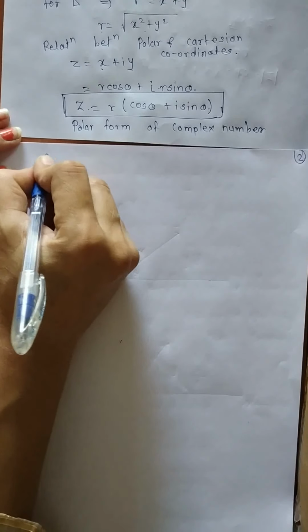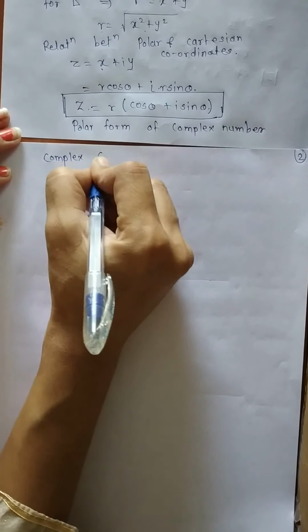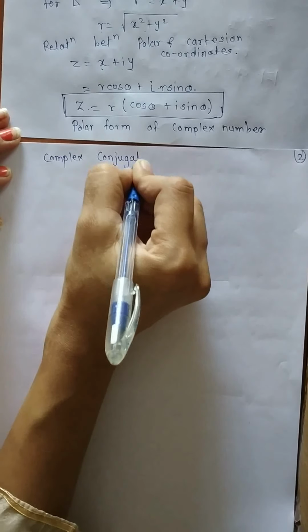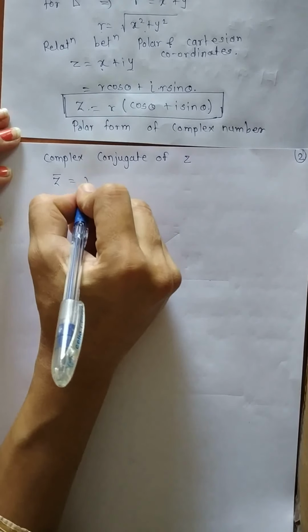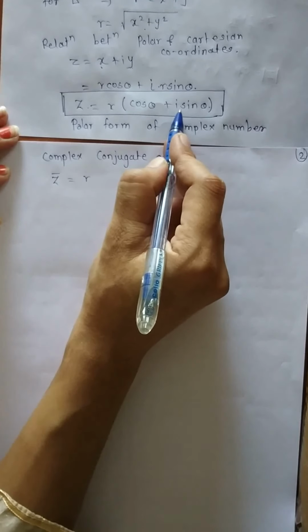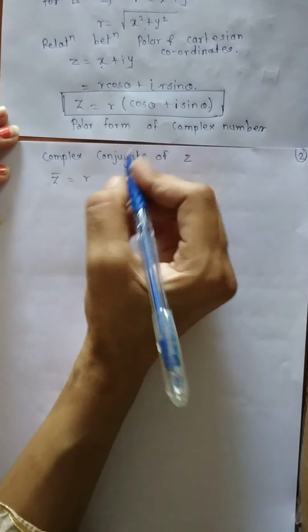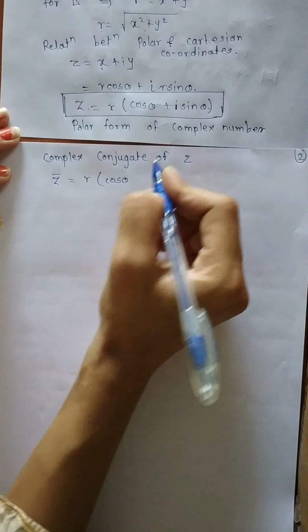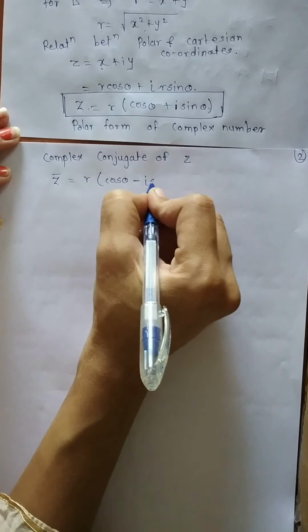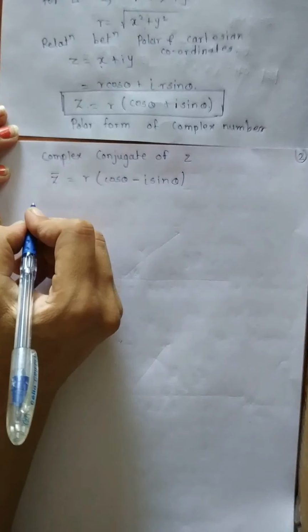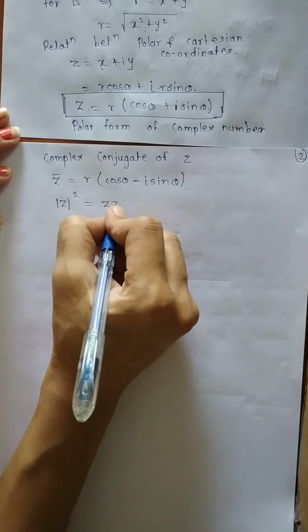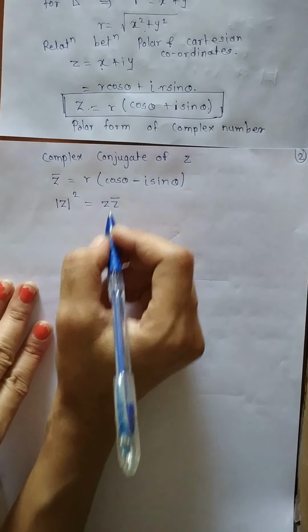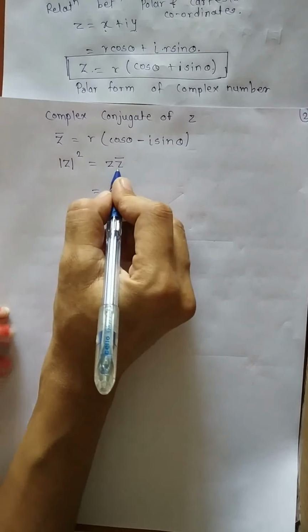So the complex conjugate of z will be z bar equal to r(cos theta minus i sin theta). Now what do we have to do while finding the complex conjugate? Wherever there is i, we have to invert the sign of i. So this term contains i, so I make it negative, and this is nothing but the complex conjugate. Now very quickly we will find mod z square, and from this we will find the modulus of z. So substitute z and z bar.